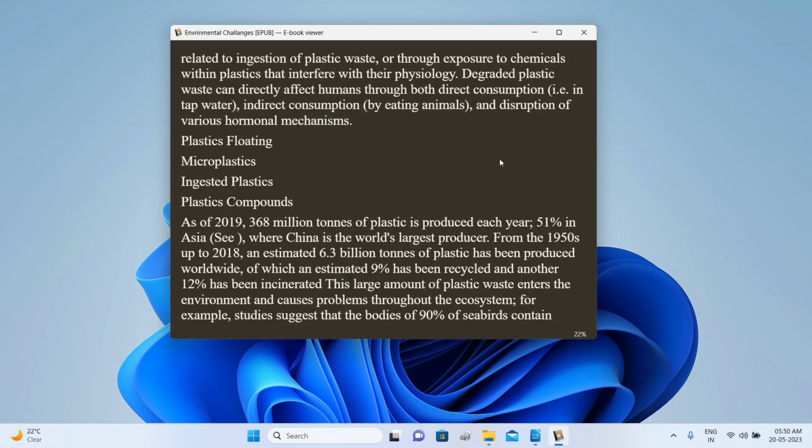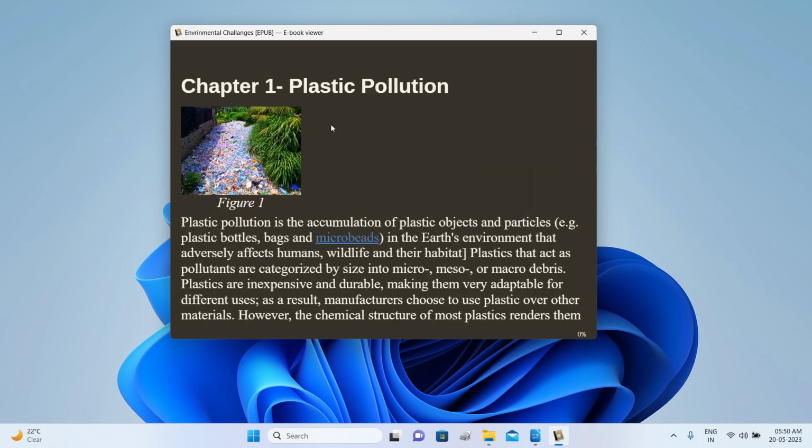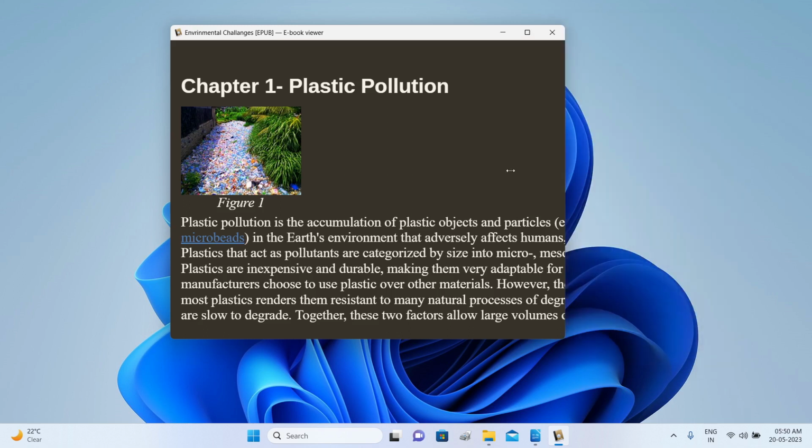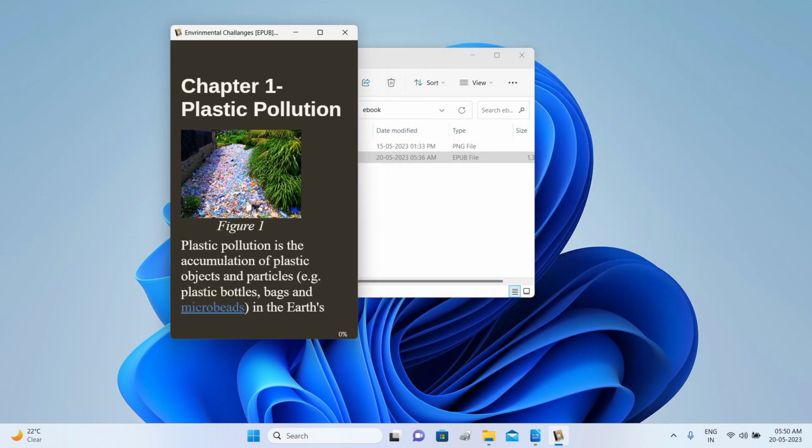So as we just move down, you will see that the document is now available and readable as an EPUB file. And this is what we meant by reflowable content. So if you increase the size of the screen, the text will then readjust and start displaying appropriately. So say for example, if you wanted to see this on a mobile phone and if you were to readjust the size of the Calibre window like this,